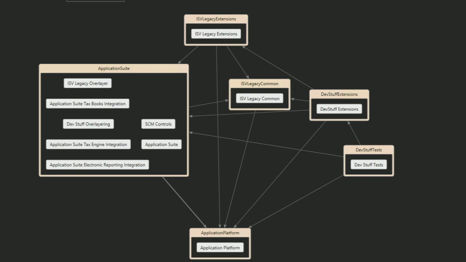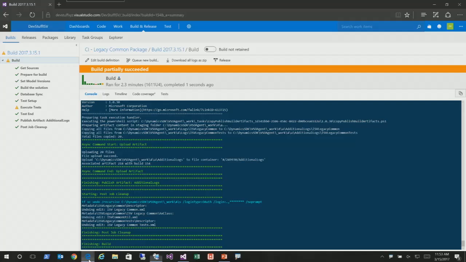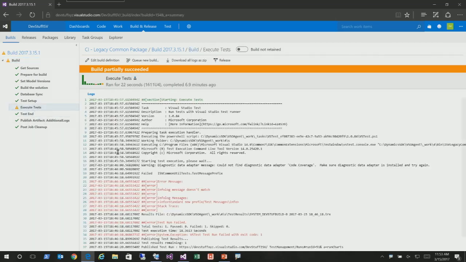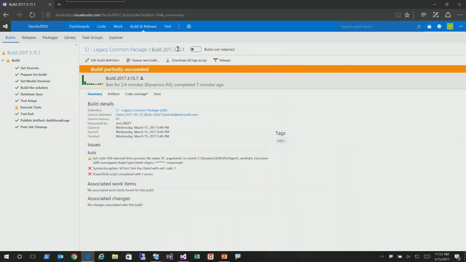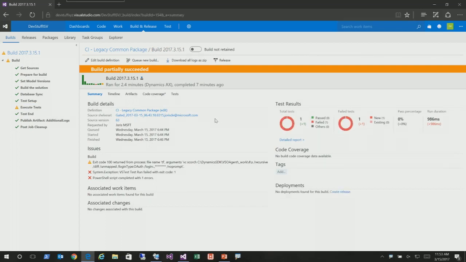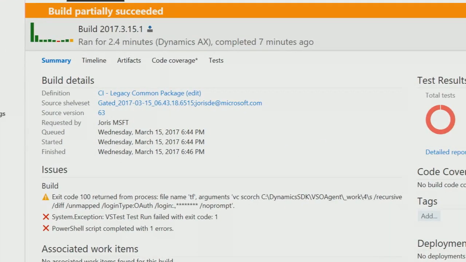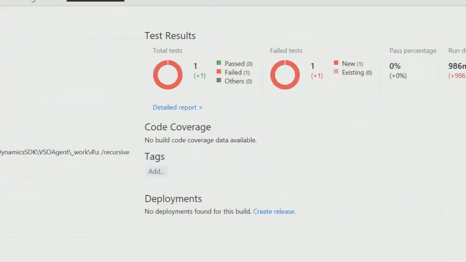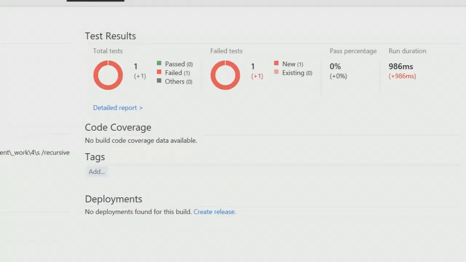So I hope this kind of makes sense. Let's go back. This build should definitely be done by now. And actually, see, the build ran for 2 minutes, which is not bad. And you can tell that the test did not execute. Let's go to the summary. It's nicer to zoom. So it actually says the test run failed. And if I go here to the right, you can see the test results. So again, this is all standard VSTS, but it picks up